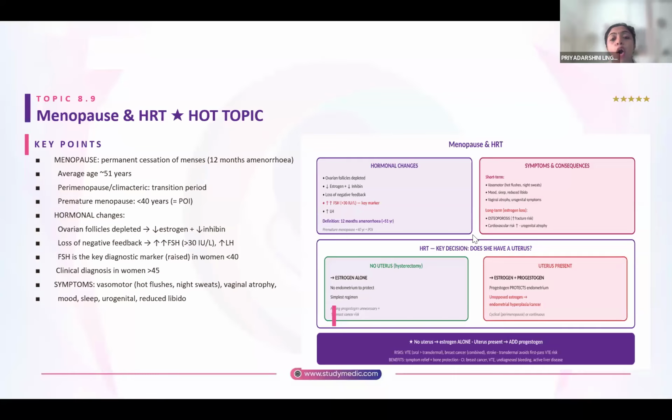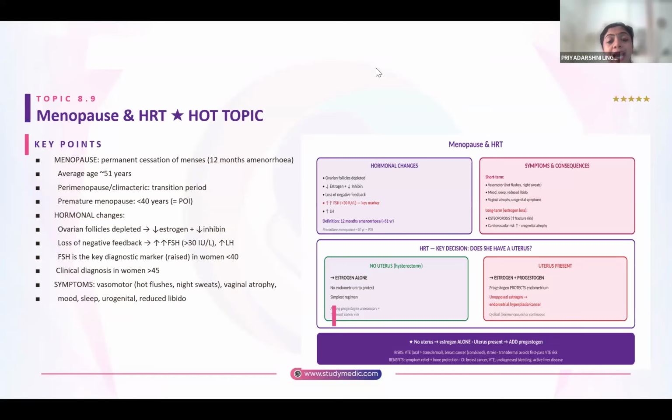Now, what are the important hormonal changes? What happens in menopause? The ovarian follicles will get depleted. So, estrogen goes down, inhibin goes down. Whenever estrogen goes down, the negative feedback that estrogen has on your HPO axis is lost. So, which is the hormone that's going to rise here? It is your FSH. So, FSH level is going to be elevated, and the key marker or factor that is going to help in